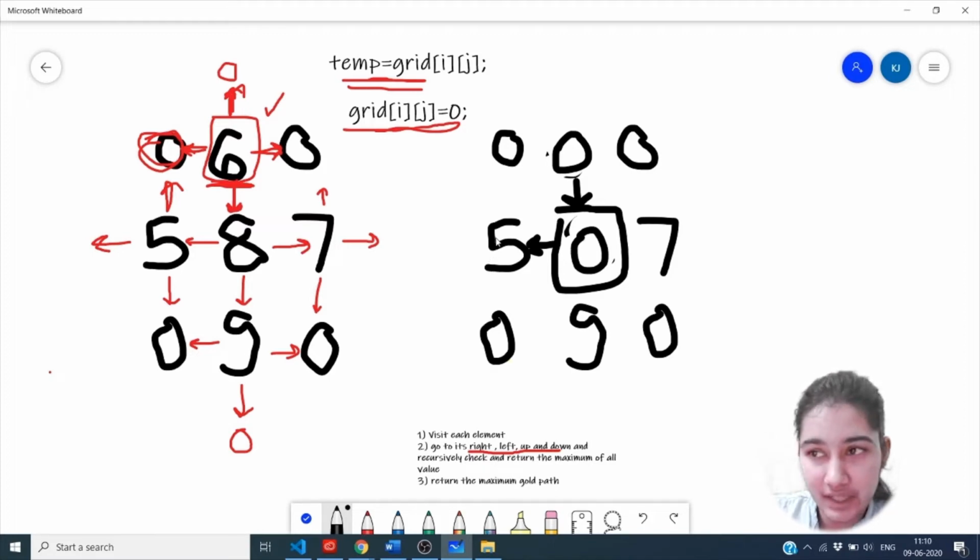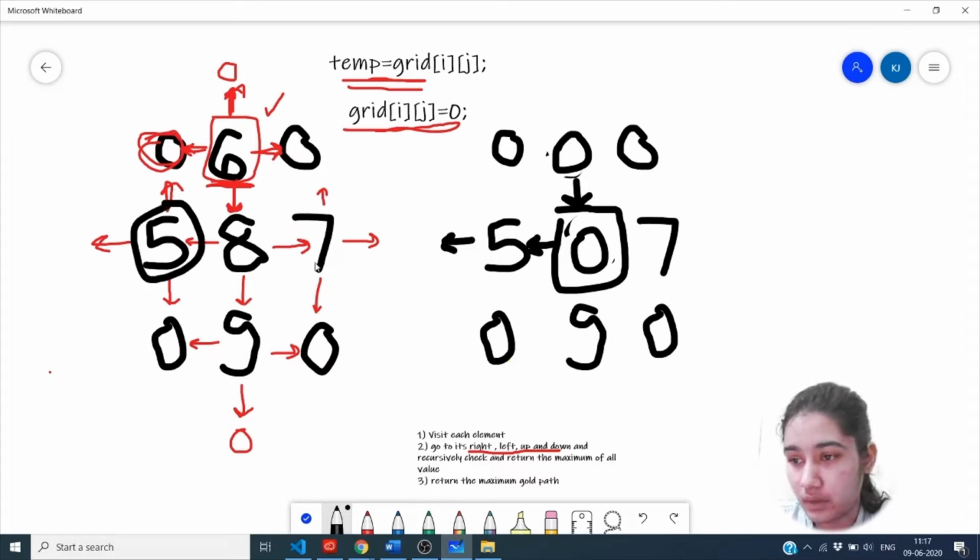Now after visiting this cell, we again recursively check its left, right, up and down, and its value is 0. Now as we have visited this cell, we have to change its value to 0.